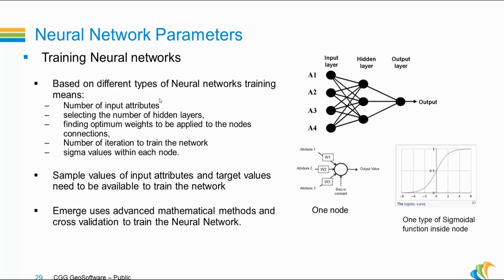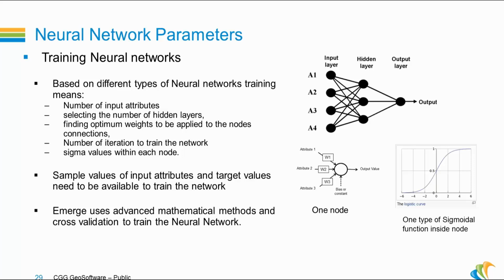So defining this neural network means defining the weights, the connections from each node to the other nodes, and the function within each node. These are the parameters that need to be defined. So it comes to the training of the neural network. Based on the type of neural network, training means choosing the number of input attributes, how many attributes we are using. Usually we tend to use the attributes we calculated in the regression method, because that's a good point to start. We have ranked them based on their prediction error, so that's a very good point to start